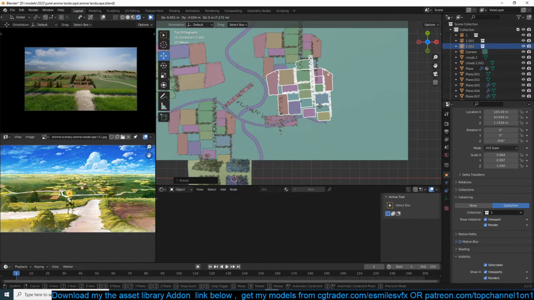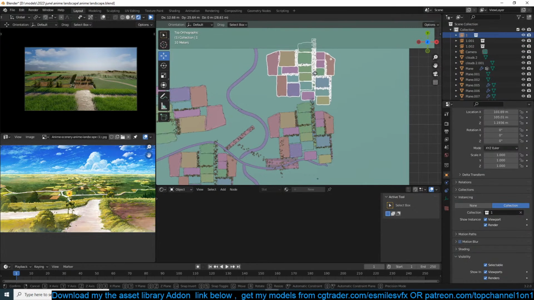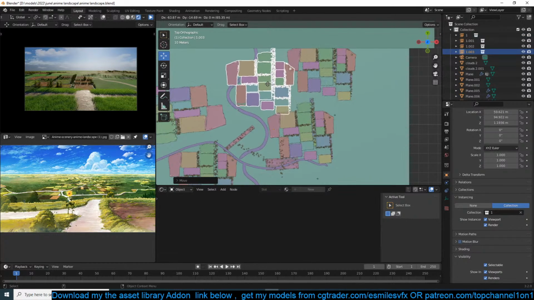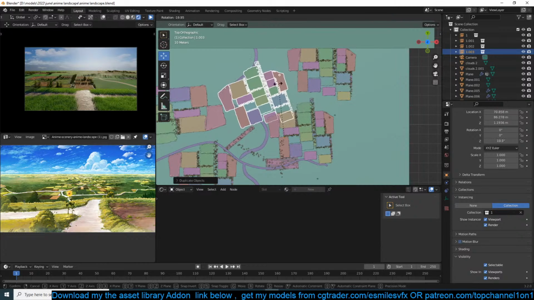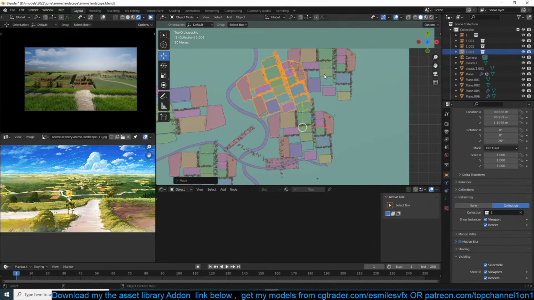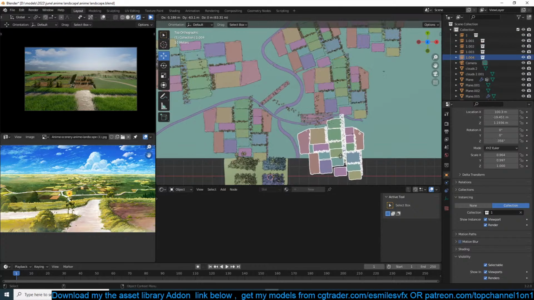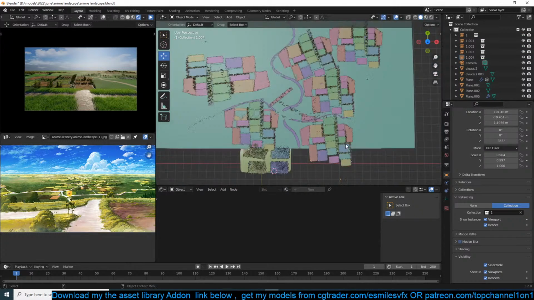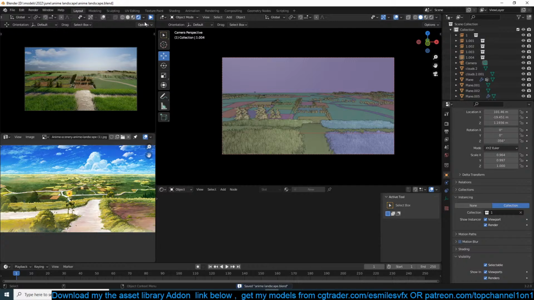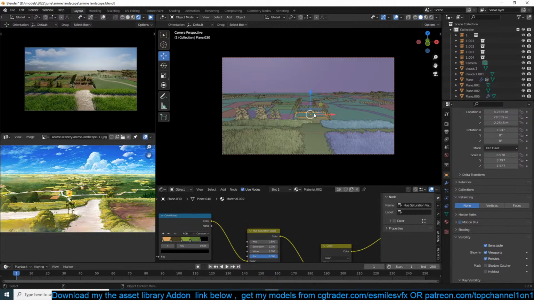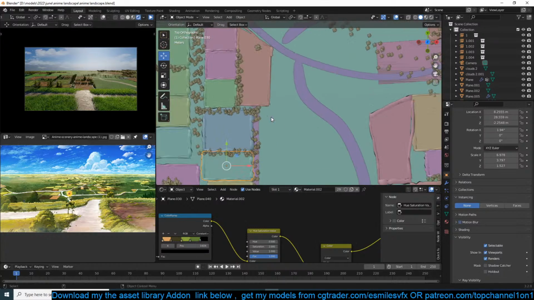Just going to have just different patches. Yeah, we're lacking some detail here, so I'm just going to